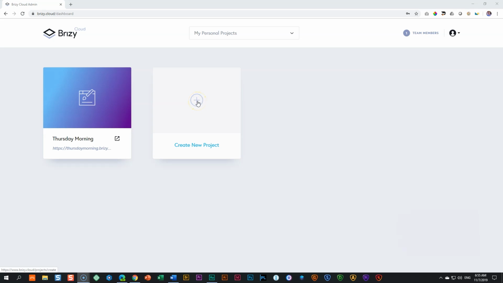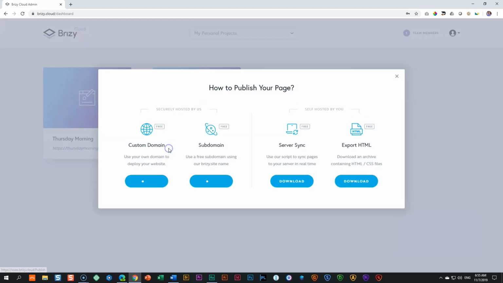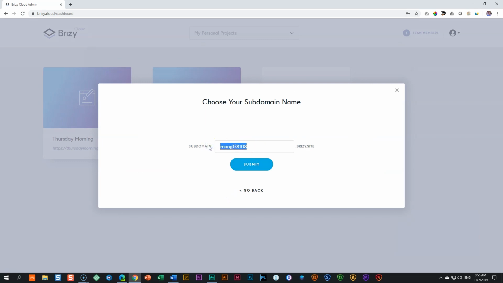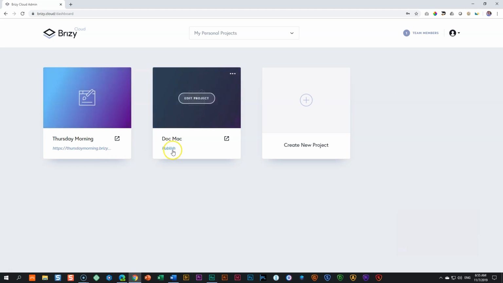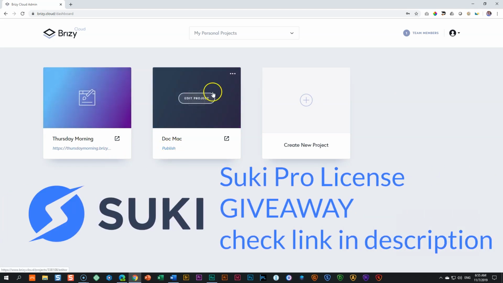Now let's say you want to create that second page for Dr. Mac. What you do over here is you just go to your second page, and you click on the plus or create new page, then you go through the same procedure. You go for Dr. Mac, and you can click publish here, but I find, okay, let's do that. Let's call it Doc Mac. Submit. Good. Doc Mac hasn't been taken. And you will see it does not appear here yet because you haven't created a page yet. So if I go into edit my project